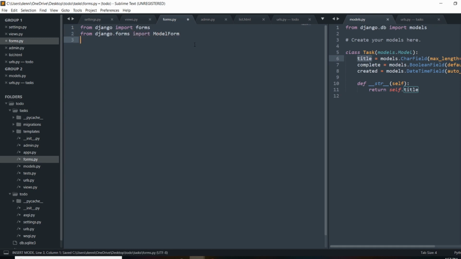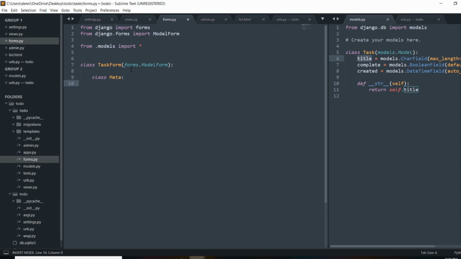So it'll make sense once I build it out, but I'll just start by building out a class-based form, and we'll do from models import, and I'm just going to go ahead and import all of them. And to create a model form, it's just a class, and I like to use a method of naming it whatever my model name is and just ending it with form. So we're going to inherit from forms.ModelForm,